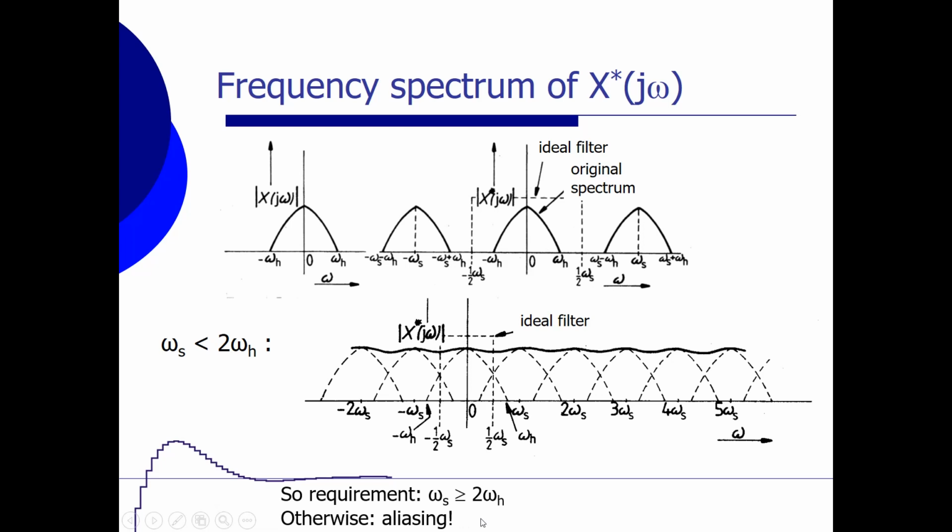Otherwise we get aliasing. And we have used an ideal filter over here with a really steep curve, which is infinite in this case. So in practice, the sample frequency has to be, let's say, 5 to 10 times the maximum frequency of my signal. And what we see in motion control problems is that we choose a sample frequency which is at least 10 to 20 times the maximum signal frequency or the maximum bandwidth in that case.